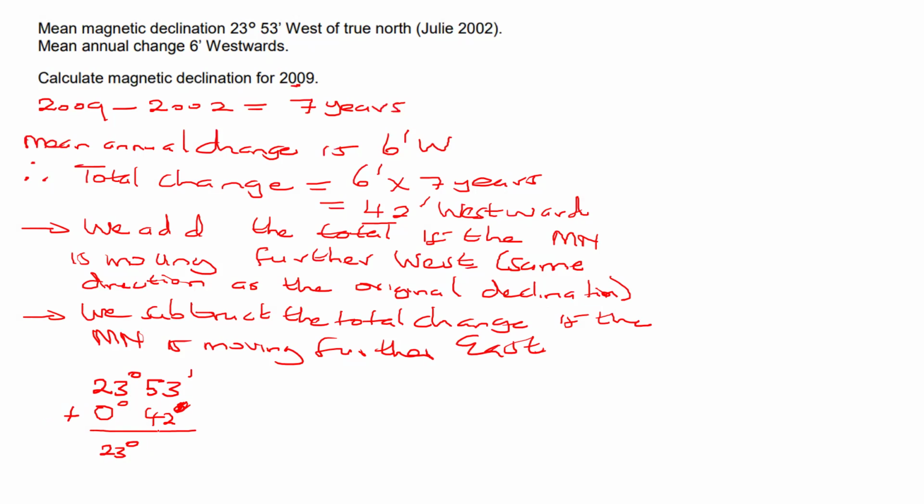And then 53 plus 42 will give us 95 minutes towards the west. But what do we know? We want to tidy this up, because it looks a little bit messy. What we know is minutes cannot be more than 60